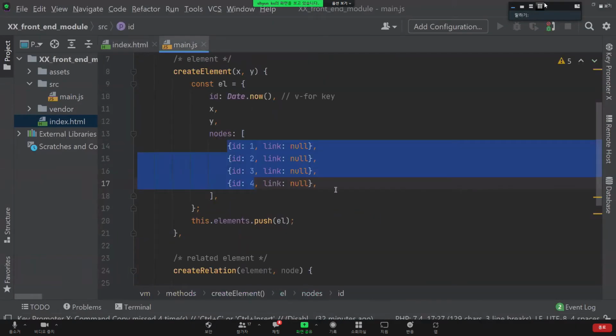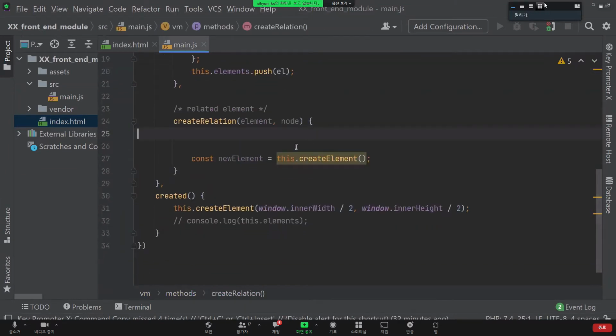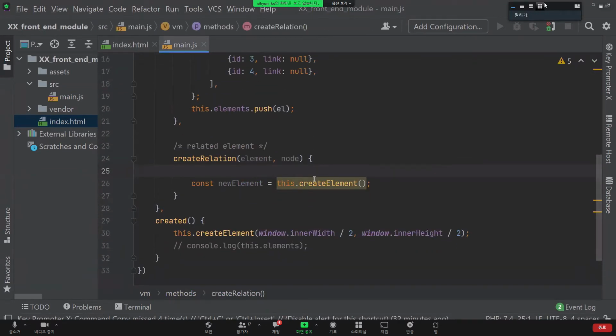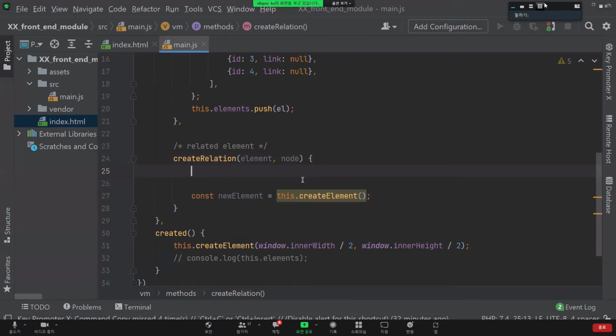이어서 이 새로 생성된 엘리먼트의 위치를 지정을 해줘야 되기 때문에 And since you need to designate the position of the created elements,